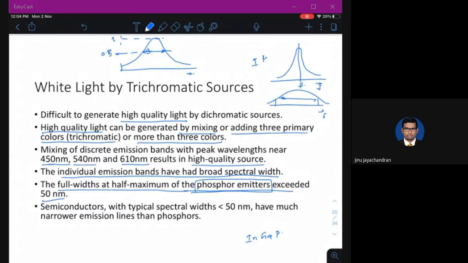You should have it as narrow as possible so that you will have more light of a particular frequency. Here it exceeded 50 nanometer. Now you can also consider a spectral width of less than 50 nanometer, which means narrower emission lines than phosphors. So it is possible to construct a full width at half maximum of less than 50 nanometer.